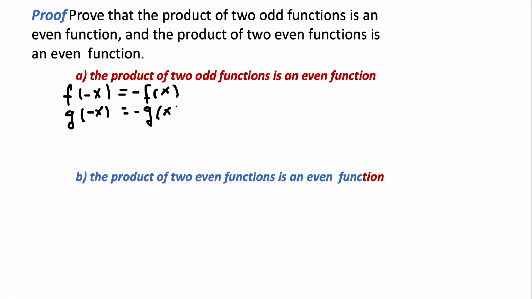So now if we take the product, it means f of minus x, so one odd function, times g of minus x, so the other odd function, is equal to minus f of x